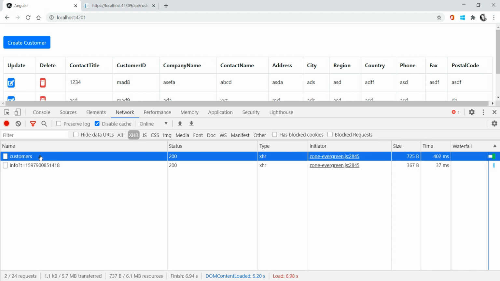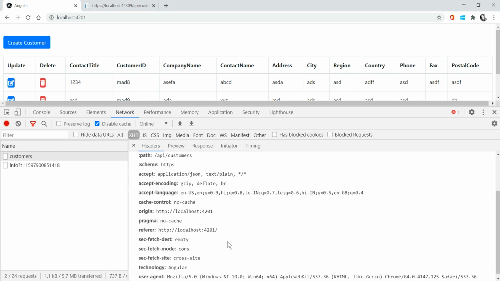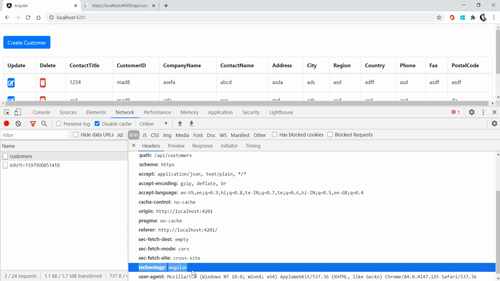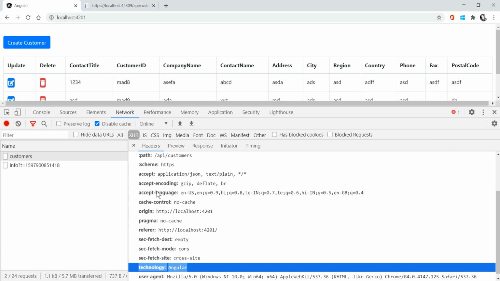Now if you see here in the request header, you can find the custom HTTP header. This is technology: Angular, the custom header right now. This is not part of the default HTTP headers. It is the custom header of this HTTP GET request. So by using the header section, you can create your own HTTP header. Not only that, suppose you want to change the accept parameter.